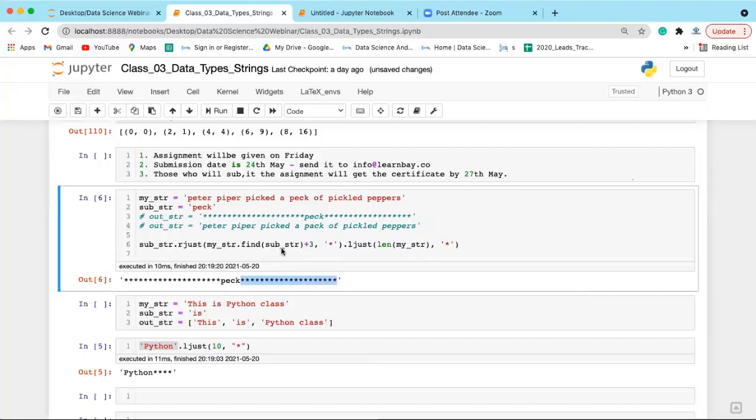The rjust and ljust method. Plus 3, okay. Why are we doing plus 3? Because when you write my_str.find of substring, you get the index of this p, right? So the total length you are passing inside the rjust method is 29. The total output would then have only that many characters, these 3 stars would not come, and you have these 3 characters that also have to be included, right? So that's why we added plus 3 here. Okay, clear?